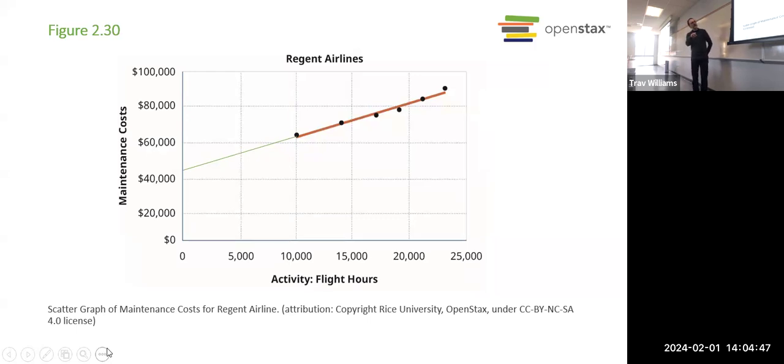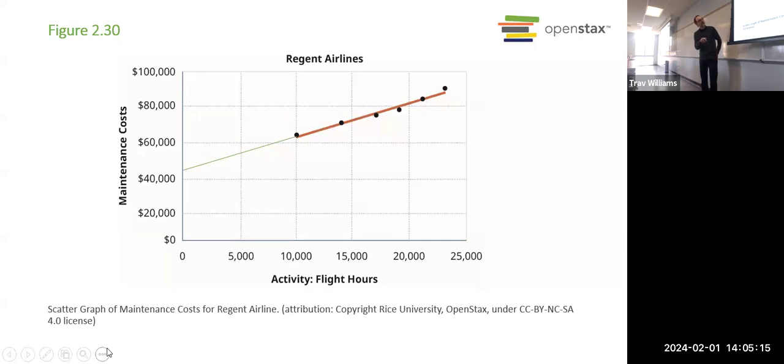So we're plotting each month by the number of flight hours and the cost. And what we get is these 6 dots that make not a perfect line, but pretty close. And that tells us that there is definitely correlation. As number of flight hours goes up, cost goes up. The closer the numbers are to the line, the more perfect that correlation is, and the easier it would be to estimate what the cost would be at different levels.